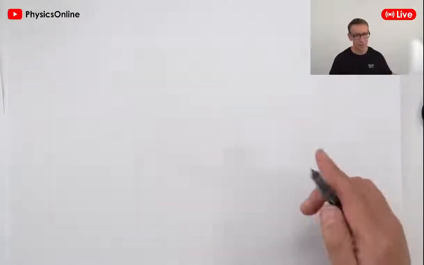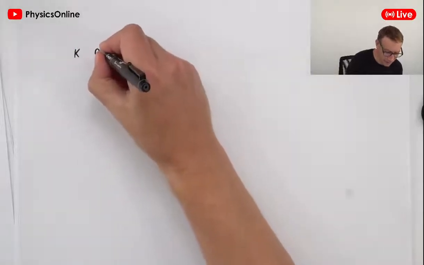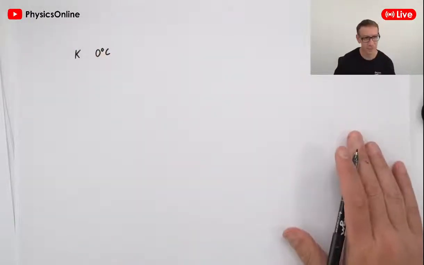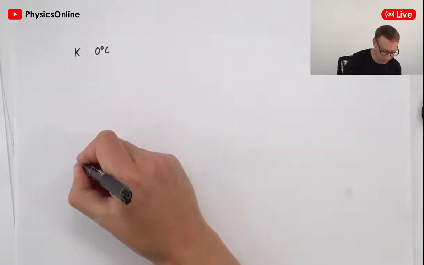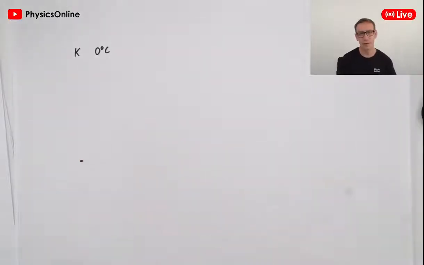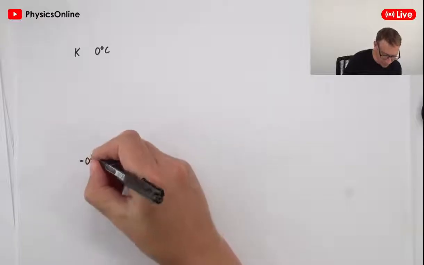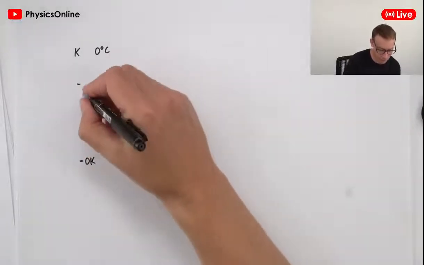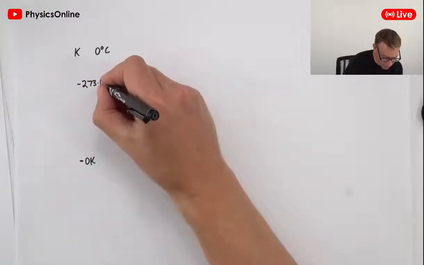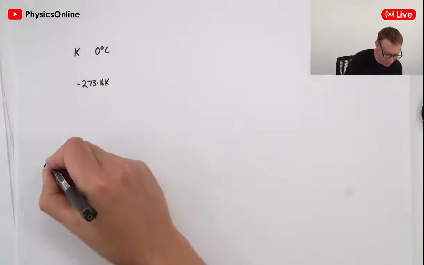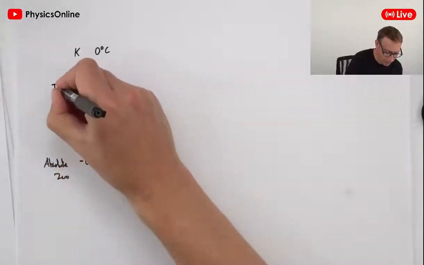Right, let's go on to another page. We're now going to talk about the difference between Kelvin and degrees Celsius. Now the Kelvin scale is basically fixed at 2 points. There's going to be the minimum internal energy, and that's at 0 Kelvin. And there's also the triple point of water, which we call 273.16 Kelvin. So this is absolute zero, and this is the triple point